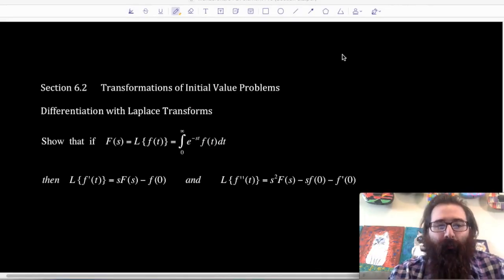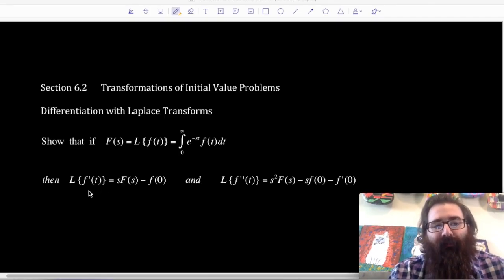So first we're going to start with a couple of identities and we're going to show this. We'd like to show that if capital F of s is equal to the Laplace transformation applied on some function little f at t, which is by definition the integral from 0 to infinity of e to the minus st times f at t dt, that improper integral we talked about last time, then we get these two following relationships,